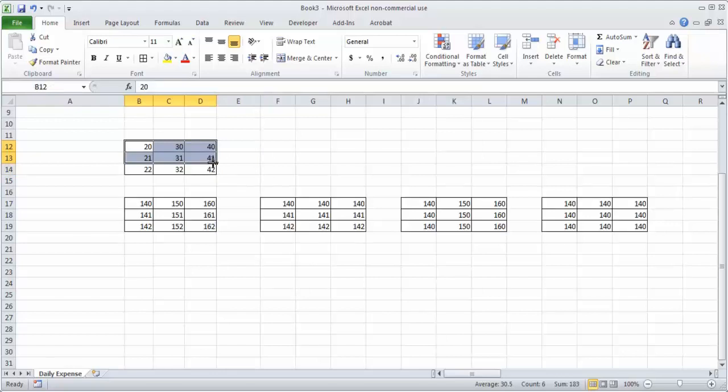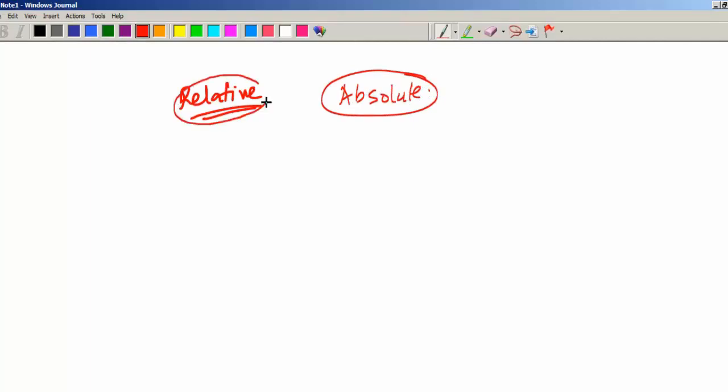But note that in Excel we have two types of referencing. One type is known as relative referencing, and another is absolute referencing. Then you have some combinations of relative and absolute.